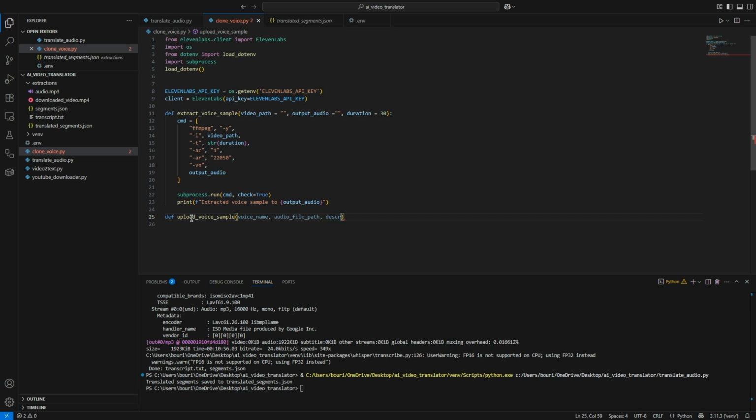We have also the description, cloned via automation, for example, and the response. So response is equal to client.clone, and here